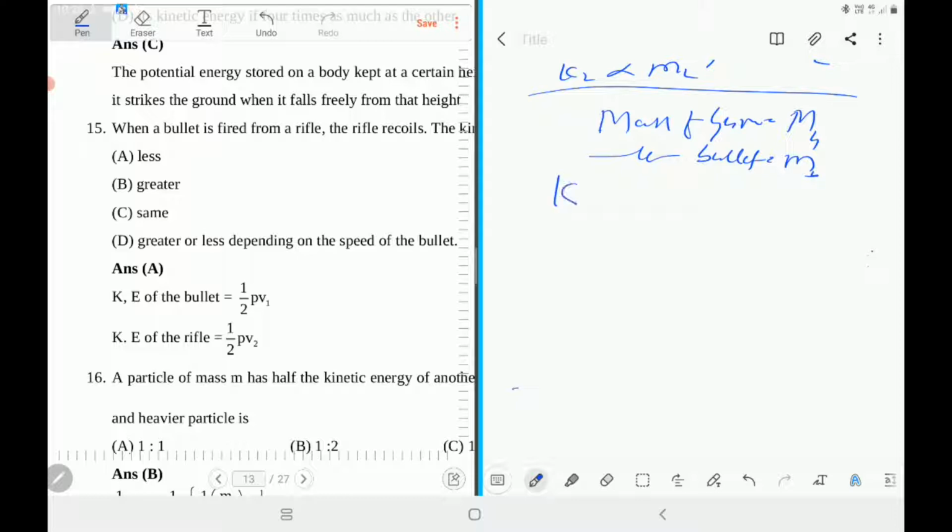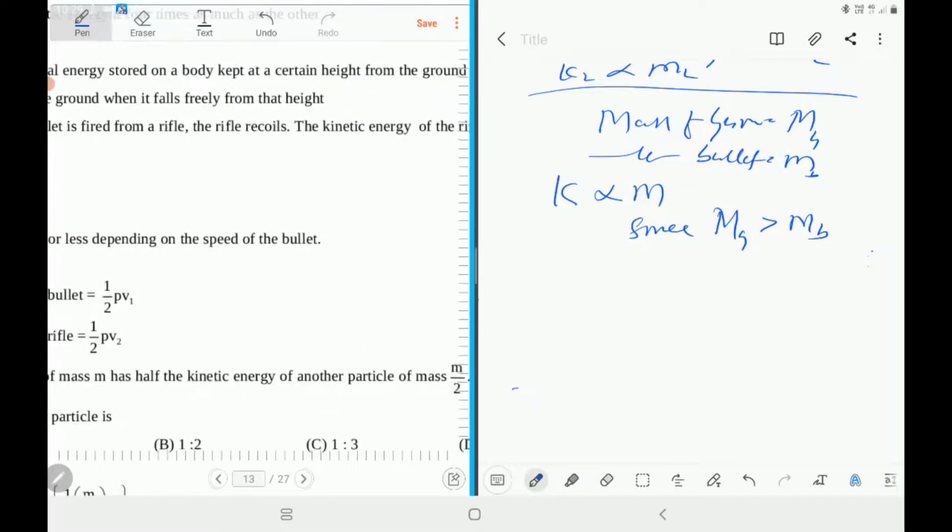Kinetic energy depends on mass directly, right? Therefore, since the value of mass of gun is more than the value of mass of bullet,